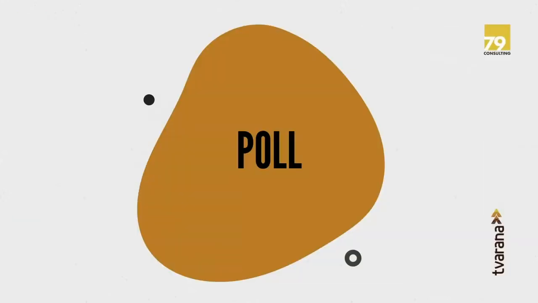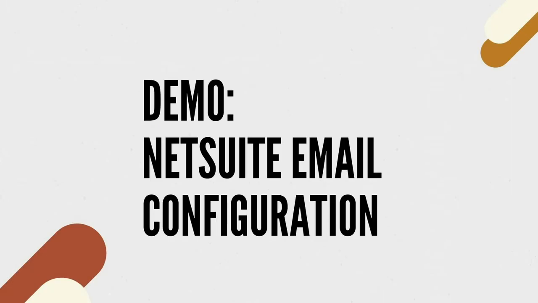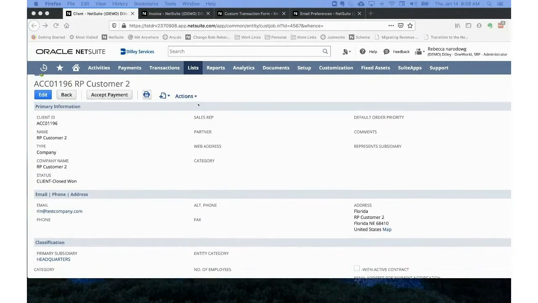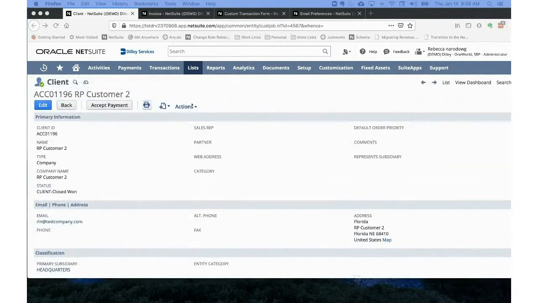Okay. And now over to Rebecca to show us some basic configuration in NetSuite. Thanks, Daisy. Sure thing. So we're just going to take a quick look today on how to set up the auto emailing of transactions in NetSuite. The idea here is if you've not done this before, you'll have a quick walkthrough and the basic concepts of